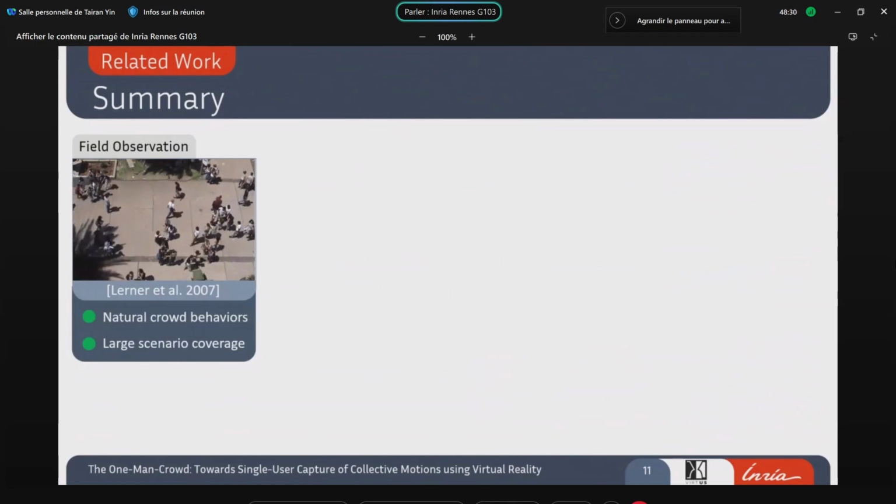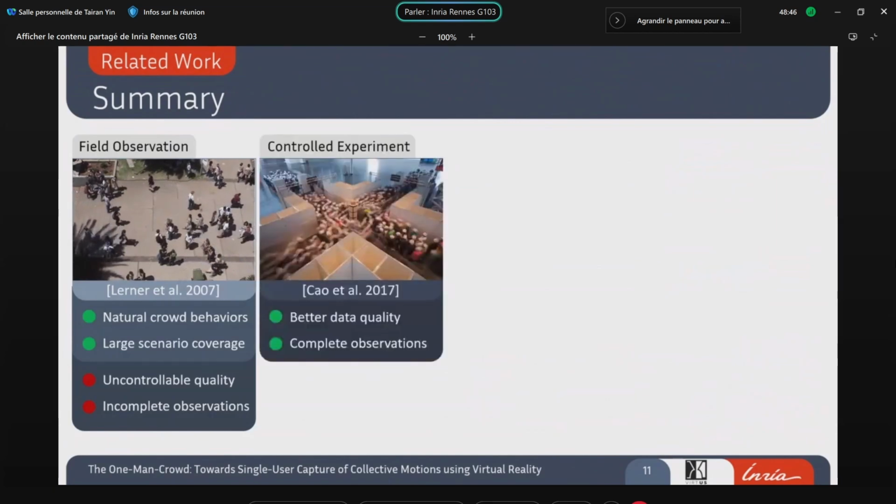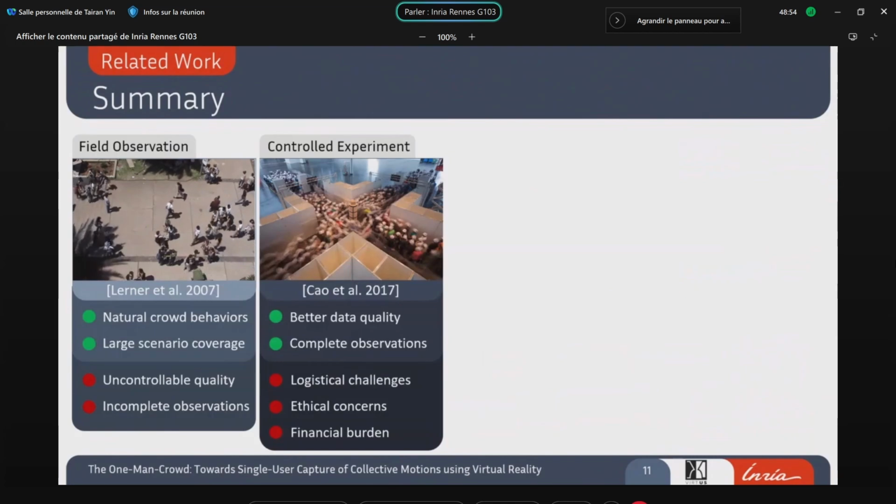But the concern here is that it is difficult to control the quality of the field videos, and more importantly, there are too many unknown factors which make it difficult for us to understand what the pedestrians are doing and why they're doing so. And the controlled experiment can effectively overcome these difficulties, but controlled experiments are usually expensive and cannot cover as many real-world scenarios due to logistical and ethical challenges.